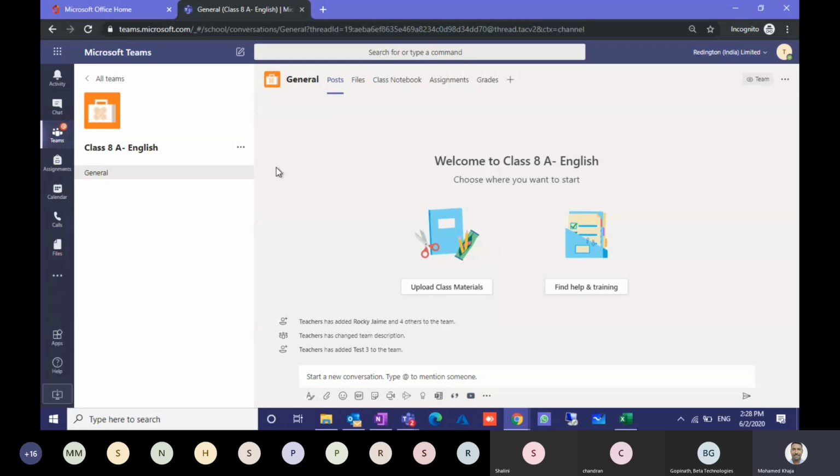Now I will show you how to create a channel. Here you have manage settings, which we have completed. You can add a channel, add members to this group, and leave this team if you want. You can edit the team. If you want, you can copy the link of this team and share it so that any person who wants to join can join from this link. You can also manage tags for your reference. These are the settings here, and I will show you how to create a channel.